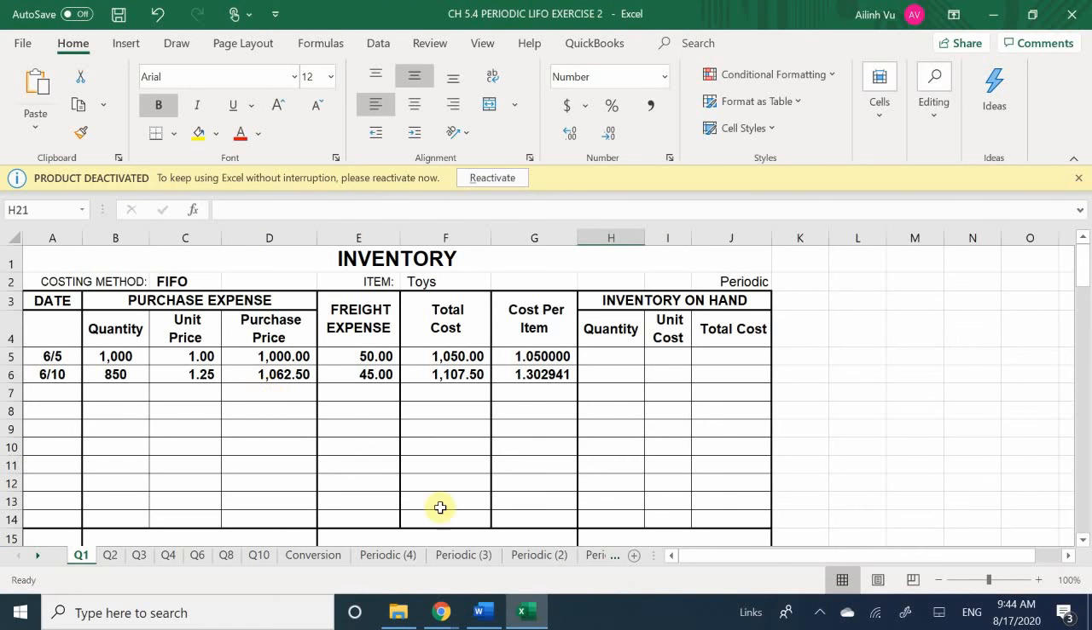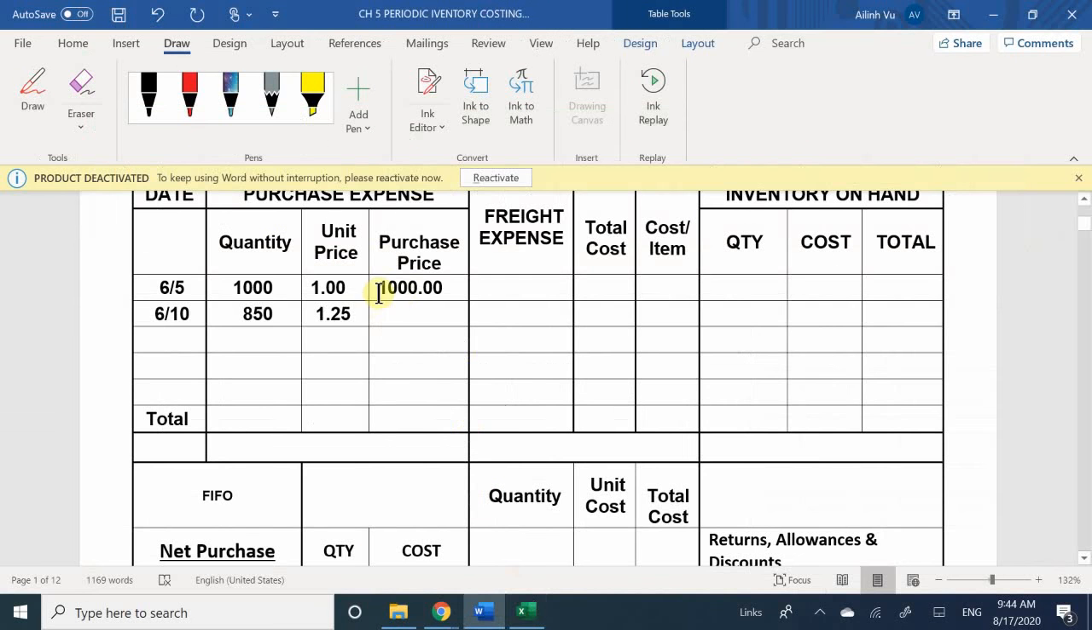And 1062.50. 1062.50. This one was 50. This one was 45. And what was my cost per item here? 105. And this one was